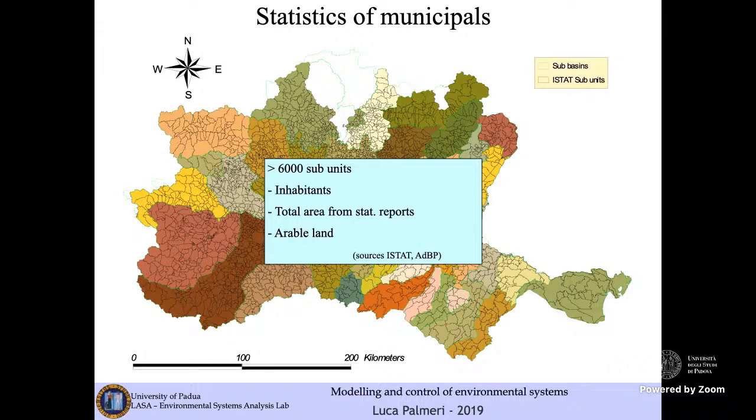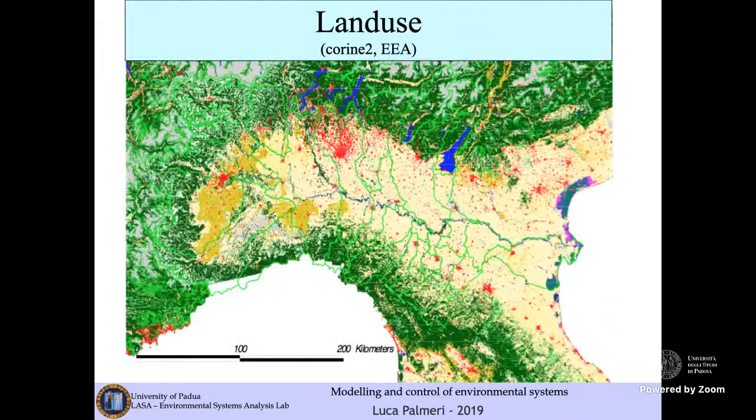In particular, the information coming from the ISTAT subunits concerns inhabitants, the total area coming from statistical reports, and the total arable land. The sources for this data were ISTAT, the National Institute for Statistics, and the Drainage Authority of the Po River Basin. Then we had to include a set of information describing